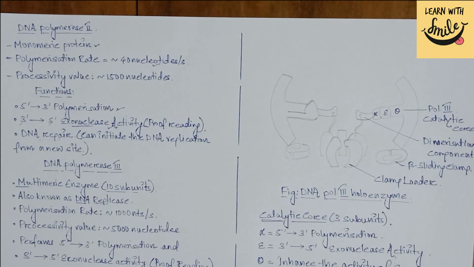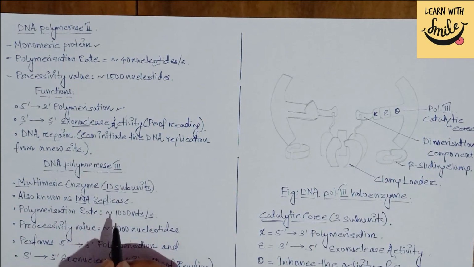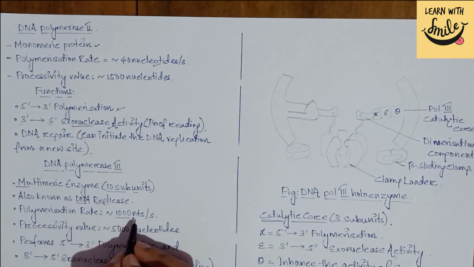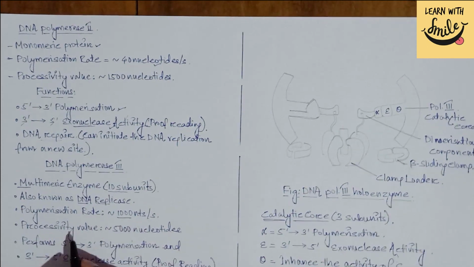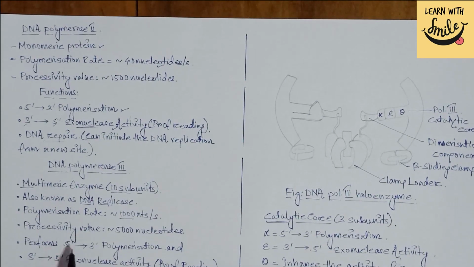of the eubacteria, that is in E. coli. The polymerization rate is the highest among the other DNA polymerases actively working in the eubacteria. That is, the polymerization rate is approximately 1000 nucleotides per second, and the processivity value is approximately 5000 nucleotides. It performs 5' to 3' polymerization and 3' to 5' exonuclease activity, and this 3' to 5' exonuclease activity is